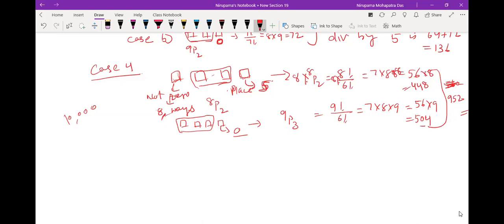So this is your 5. If you take less than this, it means the maximum you can take is 4-digit numbers. So you cannot have case 5 here. So the required number of